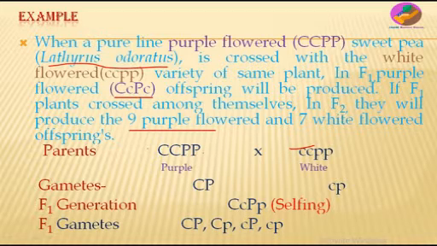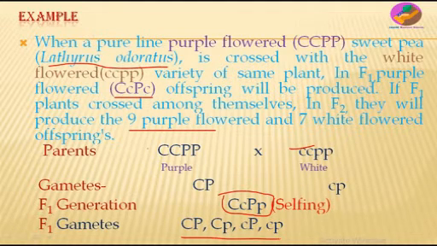So here this parent is homozygous dominant, which produces purple flowers, and this parent is homozygous recessive, which produces white colored flowers. So it will give rise to gametes capital C capital P, and this will give rise to small c small p. The hybrid, as usual, will form like this, it is heterozygous unlike its parents, and it will produce